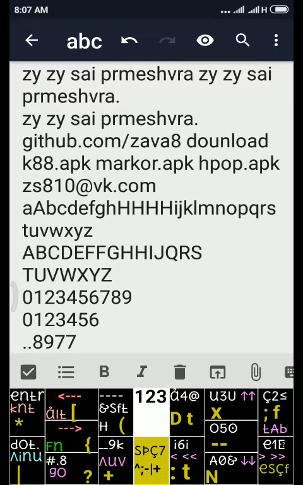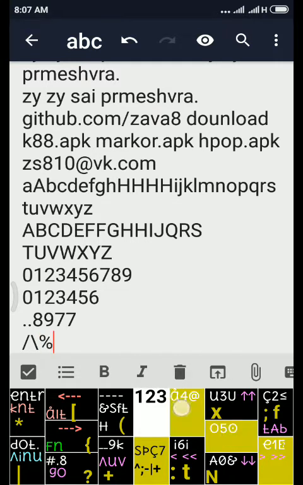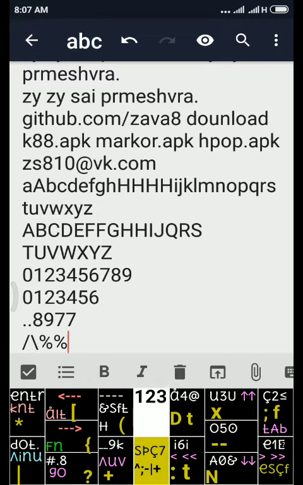Now we will see the symbols. First we will press the enter key: forward slash, backward slash, percentage. Percentage means the upper rectangle with slash, and the lower rectangles mean exclamation mark.